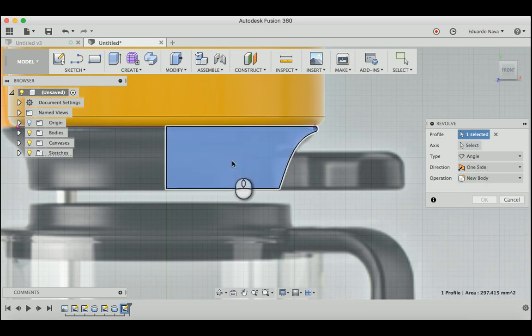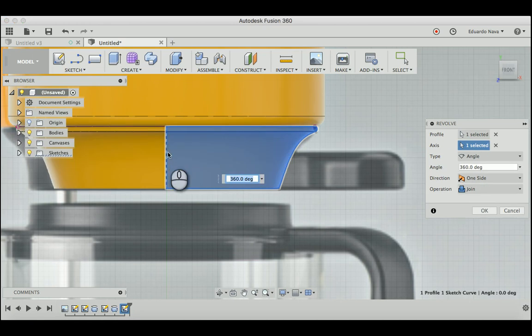Again, same thing. What did we just draw? And your axis is going to be the center where you want it to rotate around. Alright, this time we went like that. And if you notice the color is already orange, we don't want it to be orange, we want it to